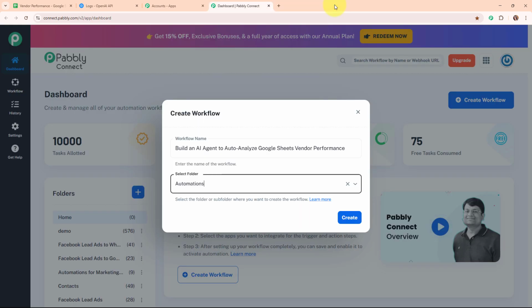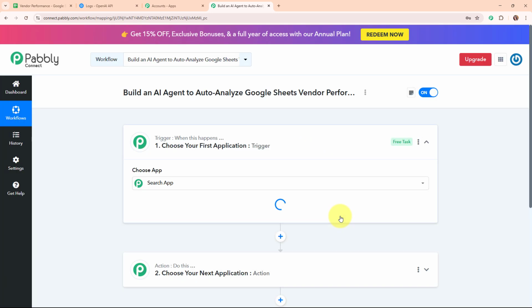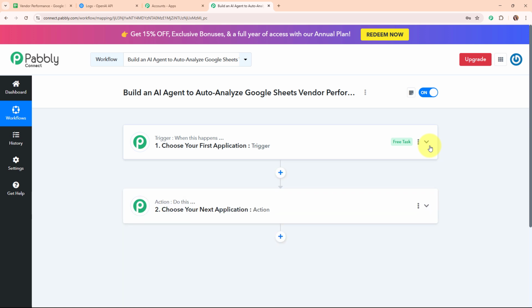Alright, so now moving back to Pabbly's dashboard, to create a new workflow, I'm going to click on this create button given over here. Now in this workflow window, you can see we have successfully created a workflow, and on my screen you can see the two most important principles of an automation process, that are trigger and action. Trigger says when this happens and action says do this, that means action is a response towards that trigger. Your automation can have a single trigger but multiple action steps.